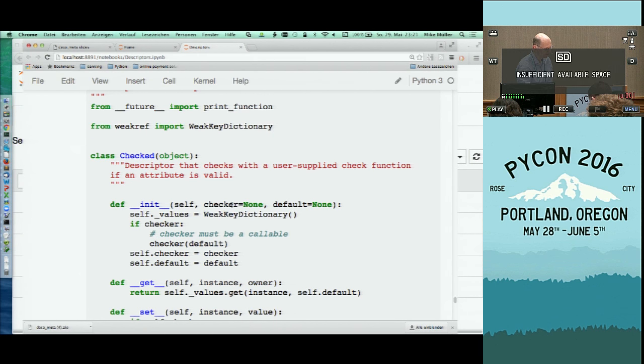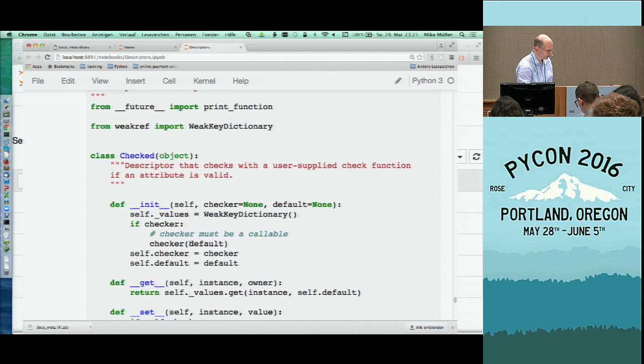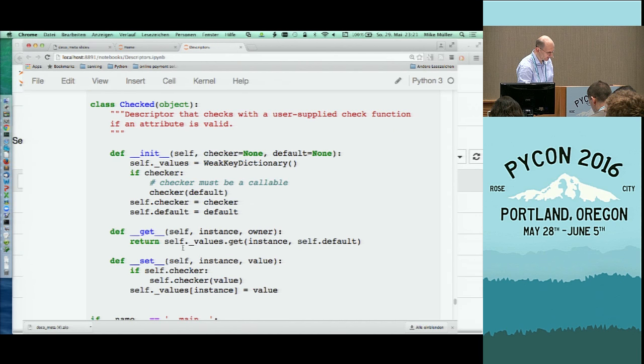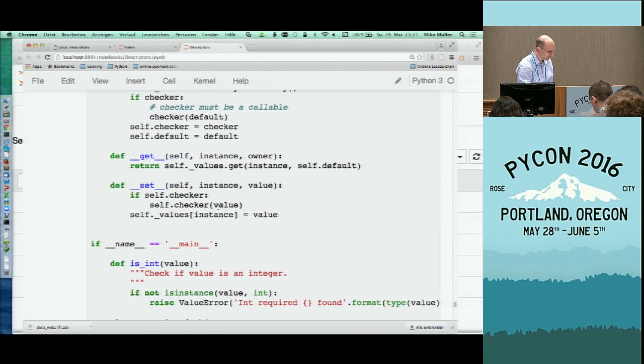I have this descriptor, and this takes an optional checker in the default. If there's a checker, it calls a checker on the default. We'll see in a minute, but the checker is this user supplied function that's doing some checking, and then it sets a checker on the default here. And then this is just here getting the value, and here this is